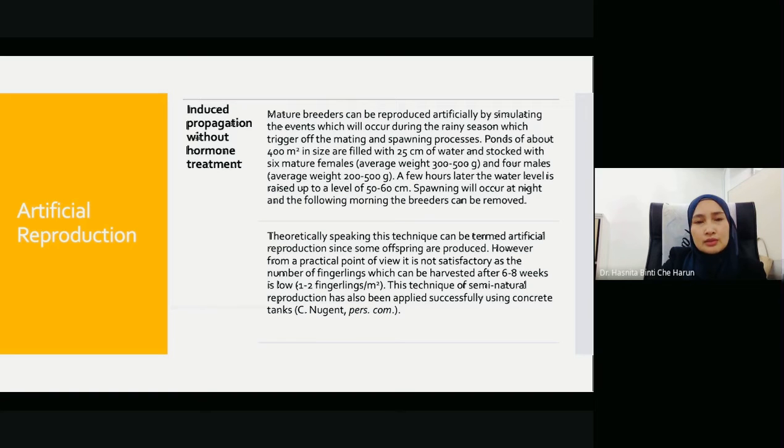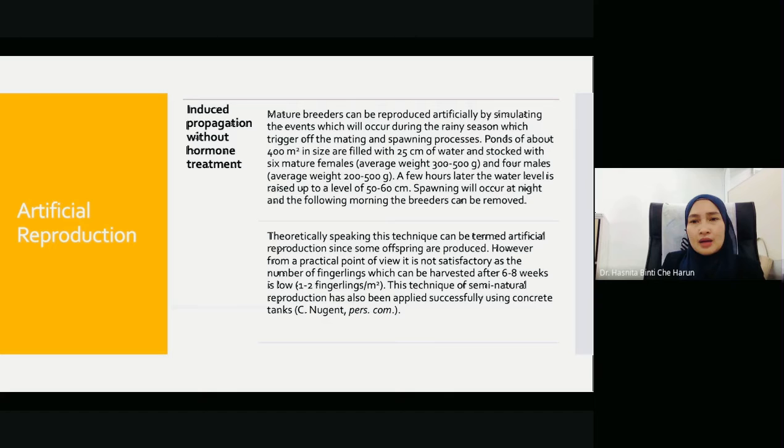The first thing you may want to do is induce propagation without using hormone treatment. Mature breeders can be reproduced artificially by simulating the event whereby male and female are put together during the rainy season to trigger the mating and spawning process. This is natural mating of male and female,